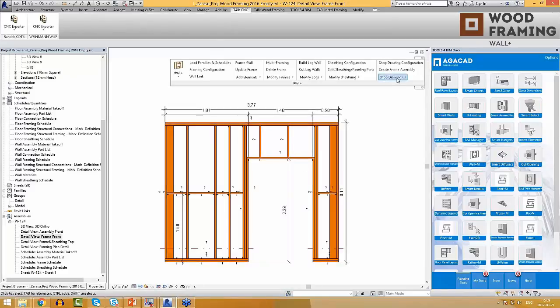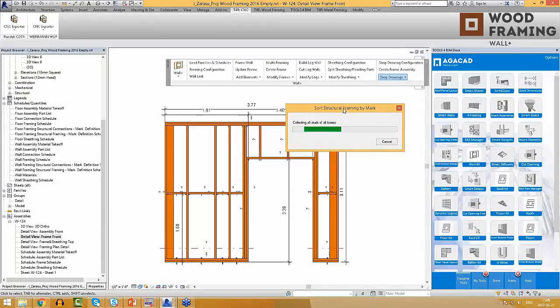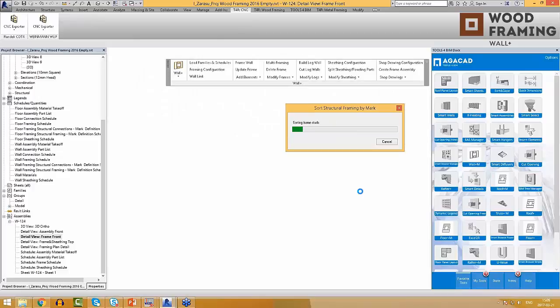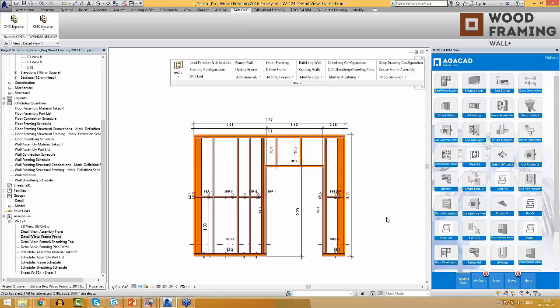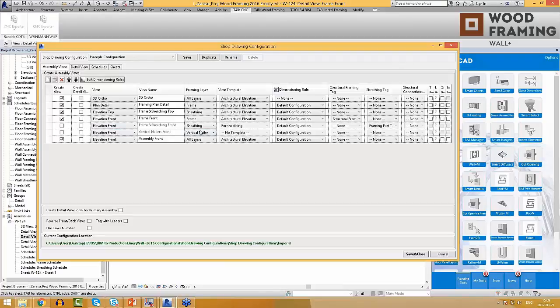Yes, and the marks were added, and I will use the function sort structural framing by mark. And the framing elements will be automatically sorted. Yes, and here I have the secondary frame and the main frame, I think, elements. So no, I have only the main frame elements, but I also have not added the secondary frame, so that's